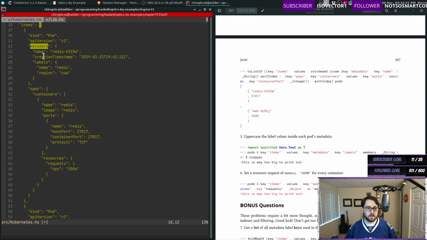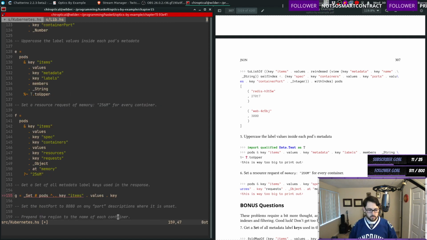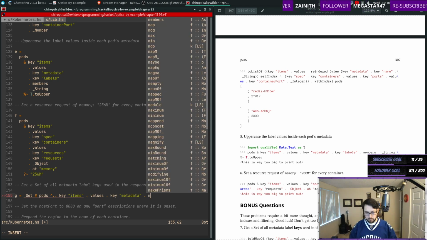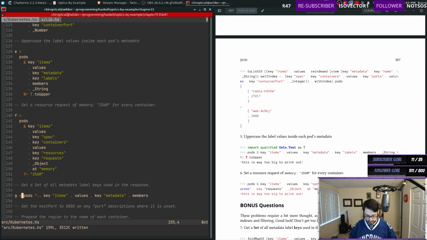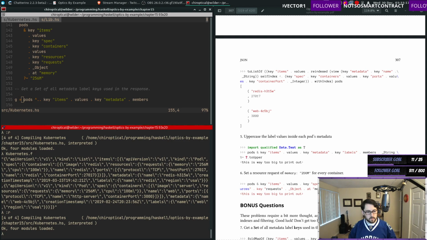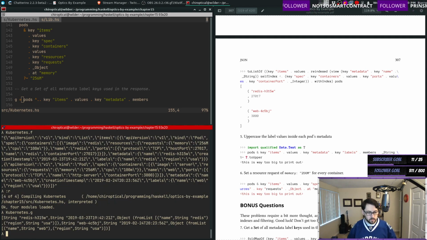So we want the metadata name, creation stamp, labels. Okay, so items, value. And then this is going to be, I don't know. How do I get the members, but let's not try this syntax first. Let's try this and see what this does. Okay, so this gives me